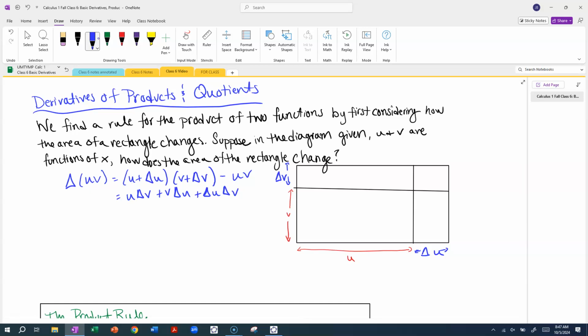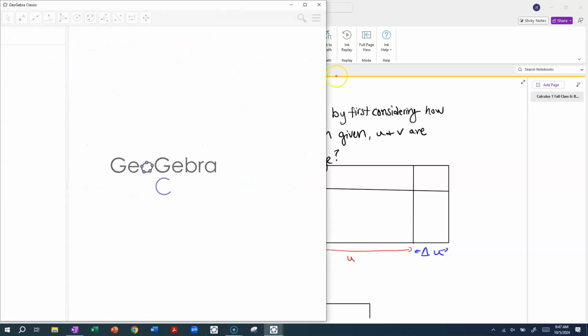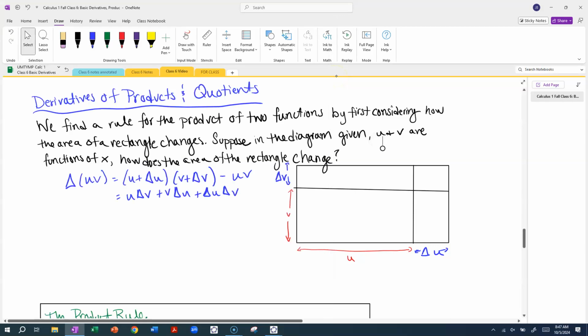Okay, now we're going to introduce a little bit of complexity. We're going to say, okay, that's how the area is changing, but presumably U and V are functions of X, right? It says that here. U and V are functions of X. And so when I look at the change in U and V, naturally there's a change in X that's associated to them. So I would do change in UV